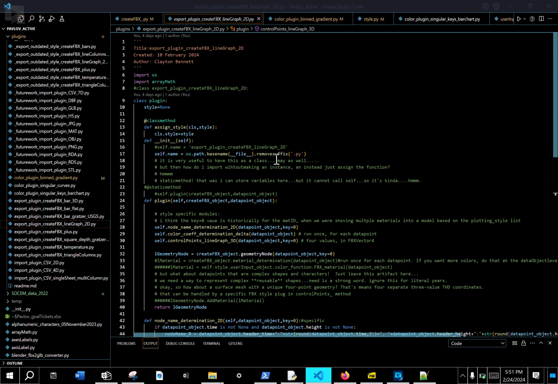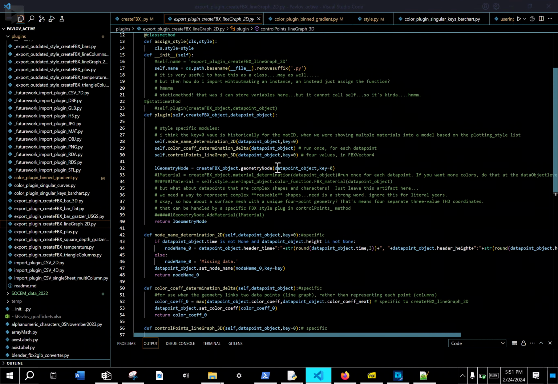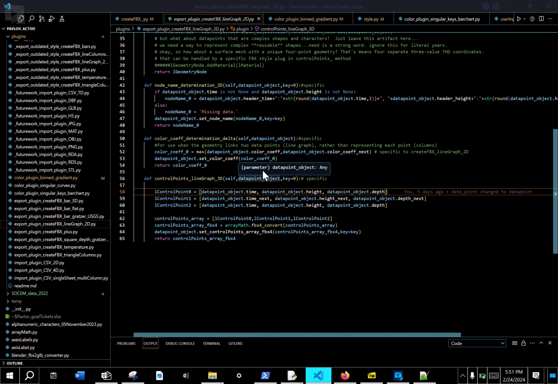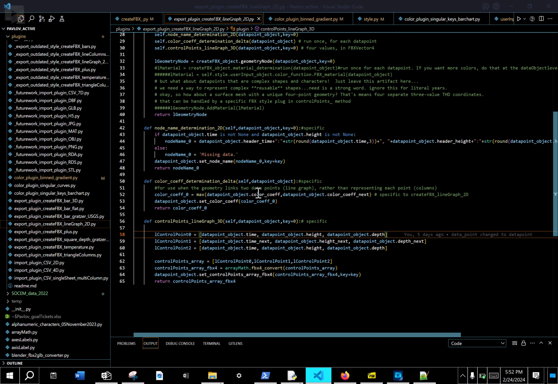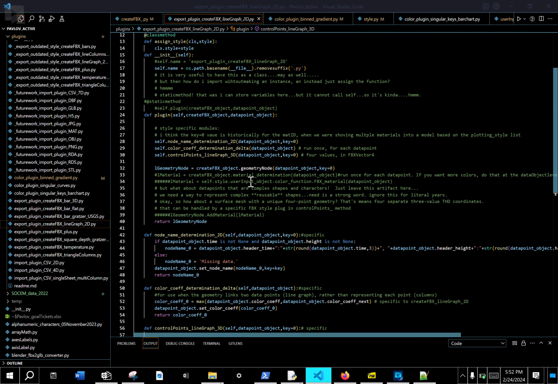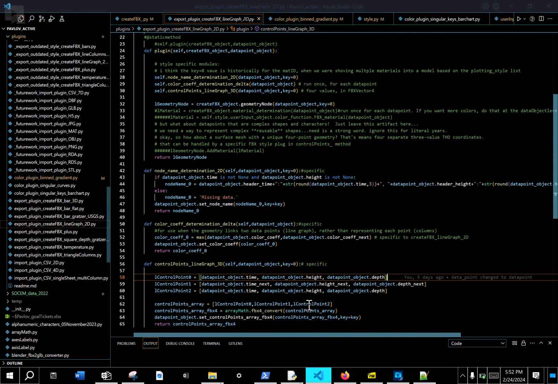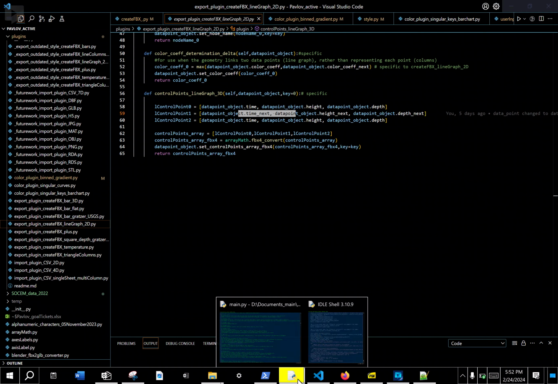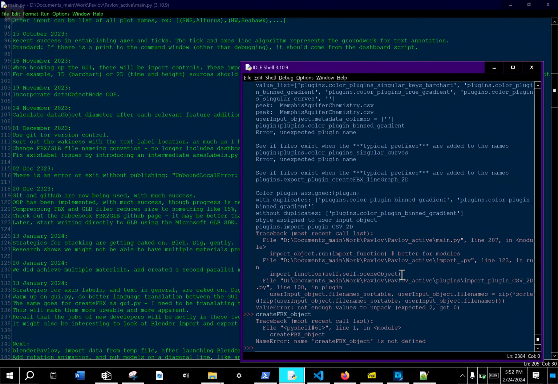Okay, this is how each data point is constructed in space. So this is supposed to be easy. This is supposed to take out all the stuff you don't need and just give you the things you do need in order to control how export happens. So this is for developers. And if they create a new style, they can put it in here so that they can copy and paste one of these plugin names, and they can make a whole new way that the control points are set up into physical geometry, and then they can name that, and then once they've named it, they can go back into the